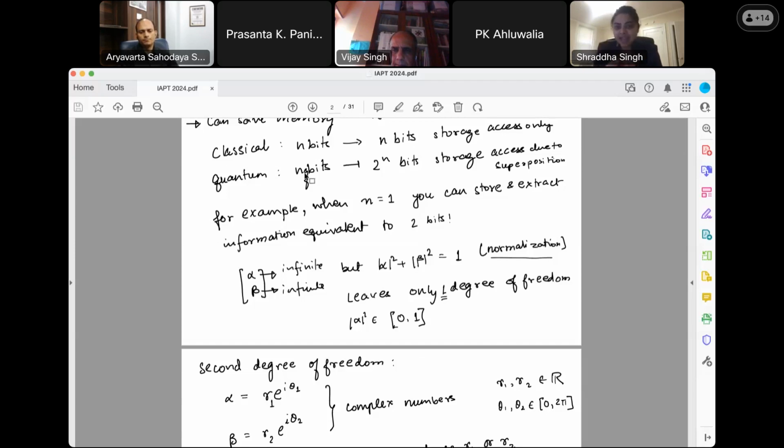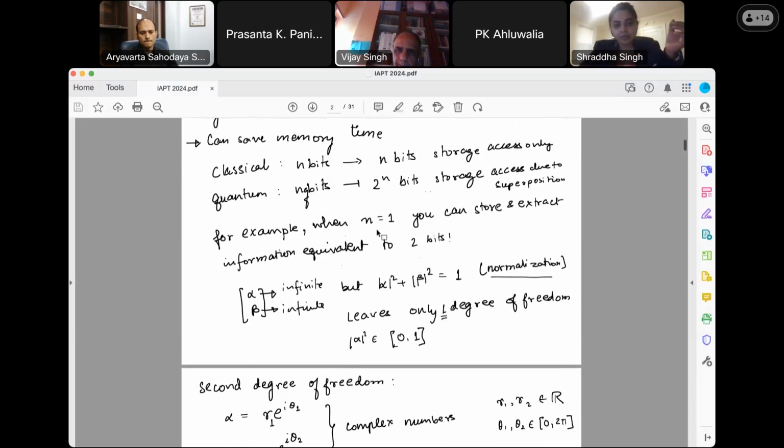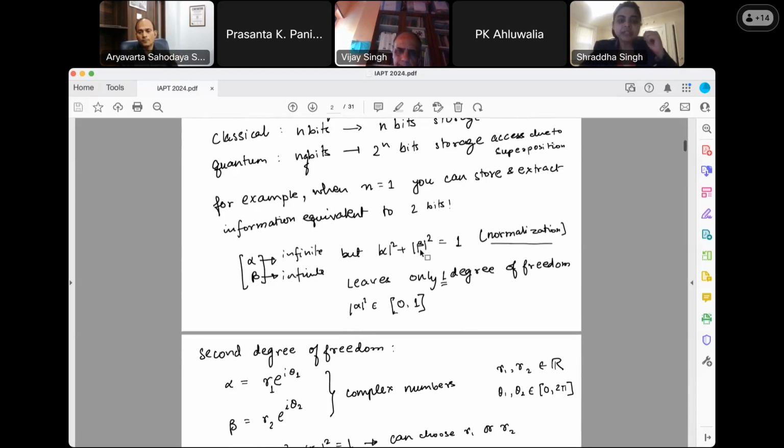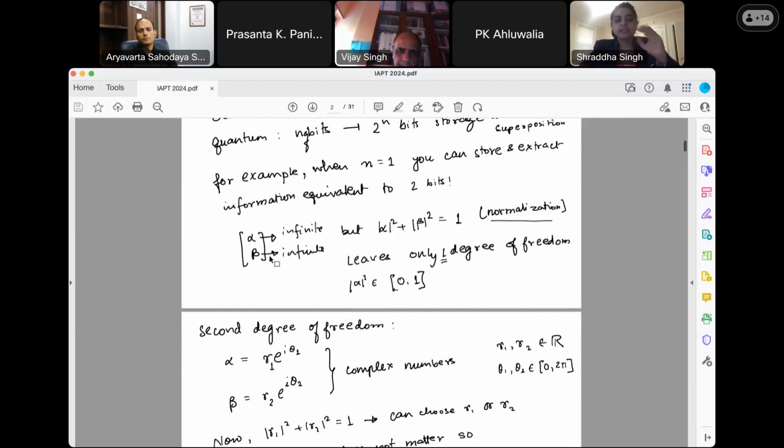And that's exactly the advantage that comes from quantum in everything. For example, your computation and your Hamiltonian simulation, other things we'll talk about. But for example, when n is equal to 1, you can store and extract information equivalent to 2 bits. Now, let's discuss what are the degrees of freedom or what are the restrictions on this alpha beta, the column